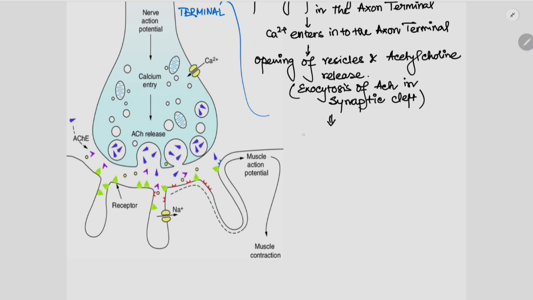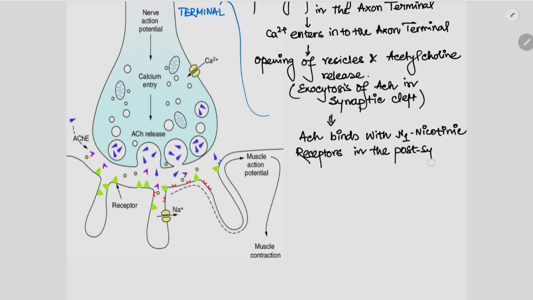So those acetylcholine molecules bind with N1 nicotinic receptors in the postsynaptic muscle membrane in the motor end plate. Okay,